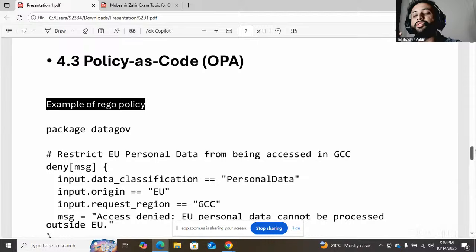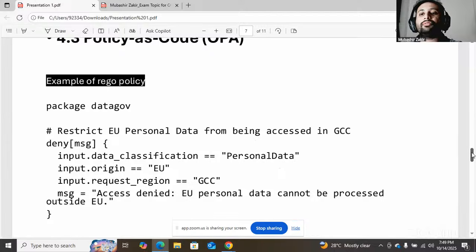OPA governs the whole thing. It is written in Rego code, and that code detects whether the data can be accessed or not. When there is a new request for data access, OPA checks through its code whether we have to deny or accept that request.